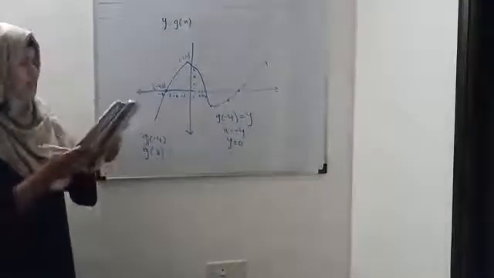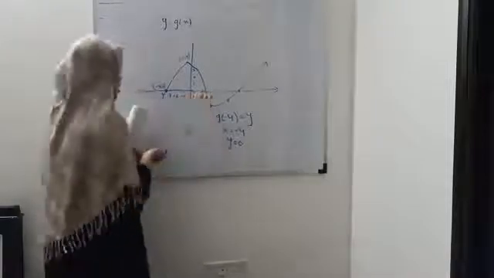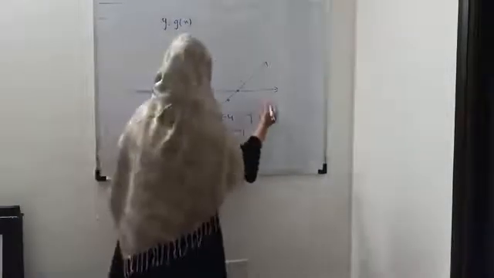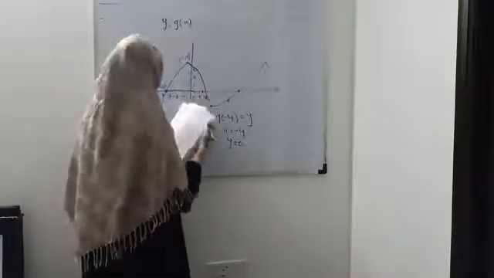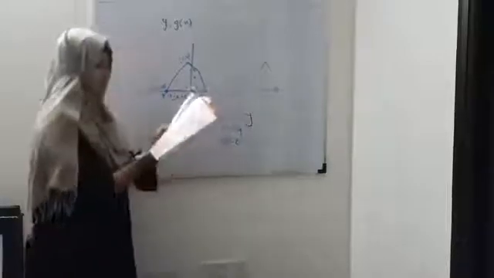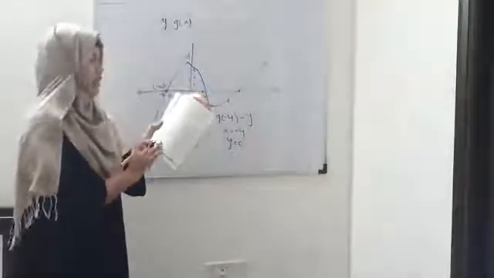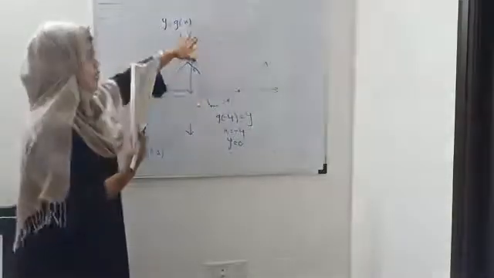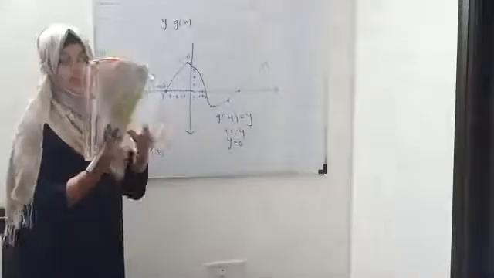The next is g of 3. g of 3 means here also x is equal to 3. From the graph you can see, in the graph it is given. From the graph only we can find out the answer. Okay, I am unable to draw the accurate graph on the board, so for that you have to just look